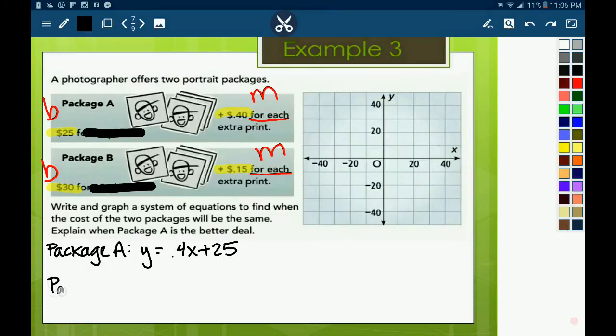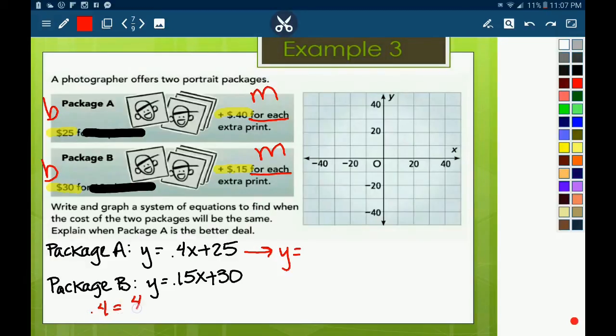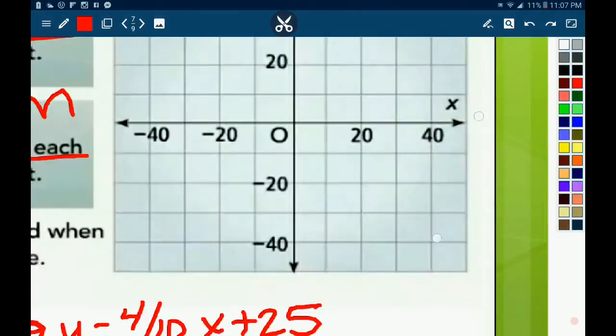For package B, we have y equals 0.15x plus 30. And the only way I'm going to be able to graph these is if I can see the rise and the run. So I'm going to change this one into y equals 0.4. 0.4 is equal to 4/10. So I'm going to write 4/10 x plus 25. I'm not even going to reduce the 4/10 because